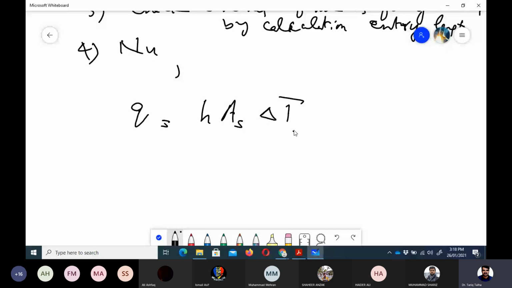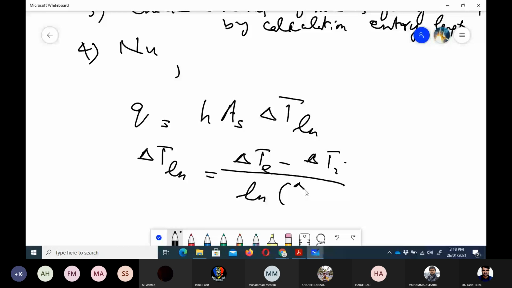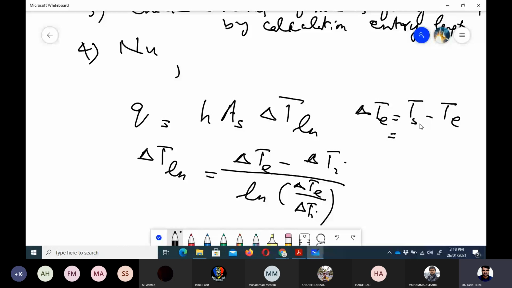And delta T logarithmic here is delta Te minus delta Ti divided by log of delta Te upon delta Ti. Here delta Te would be equal to Ts minus Te. So if I put the value 0 minus 20,